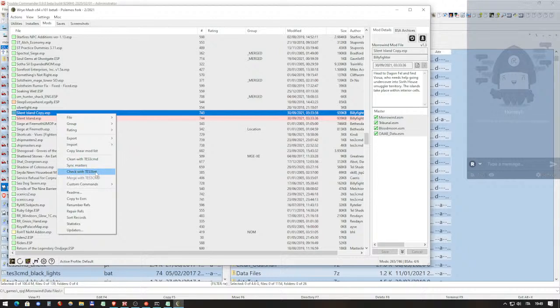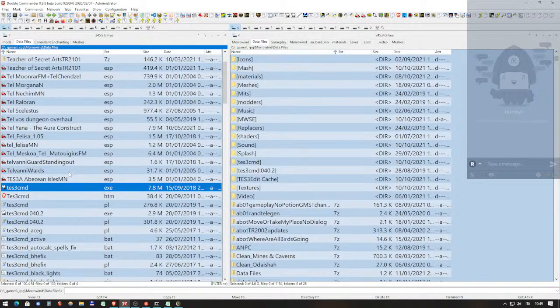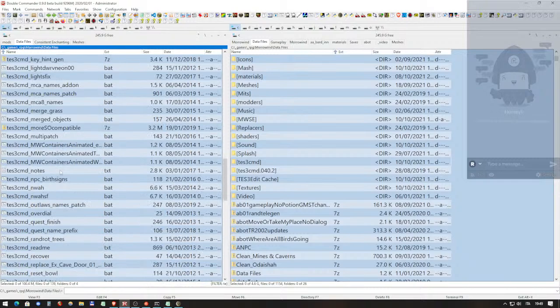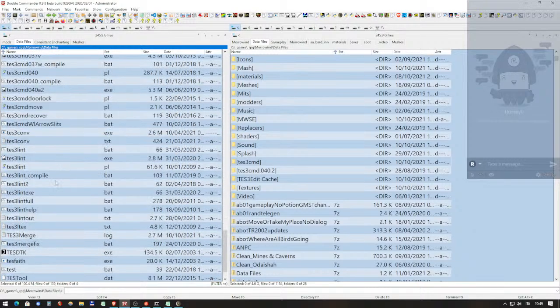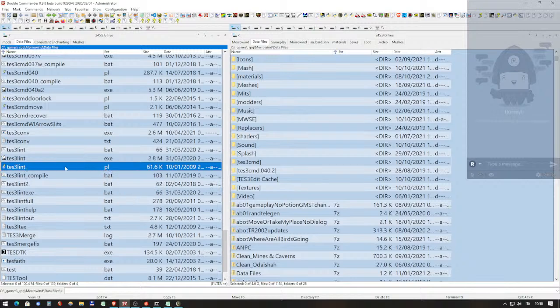If you have it, the file is called testfreelint.pl usually,